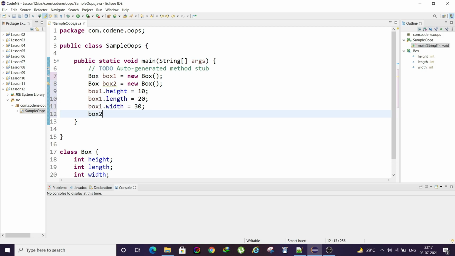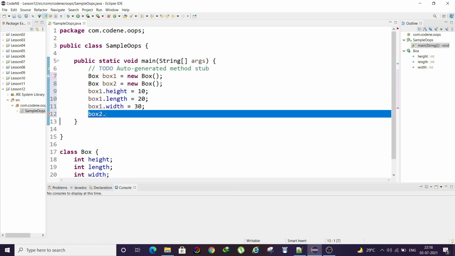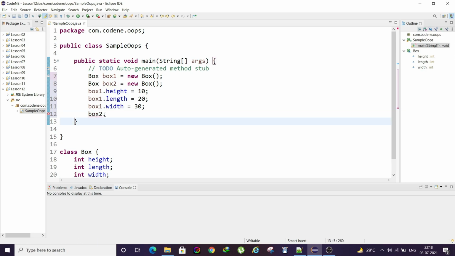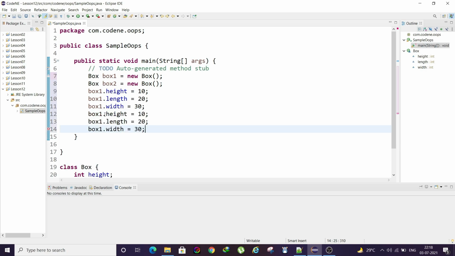Then the same for the second one. I'll copy it and just change some values, like put 5 here and then make it 2.